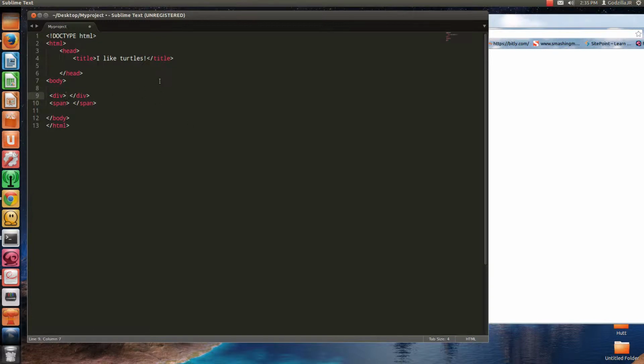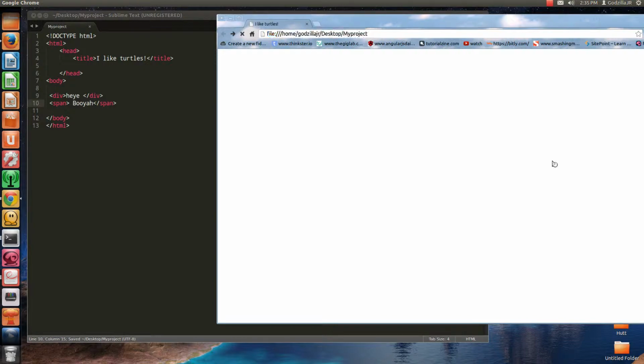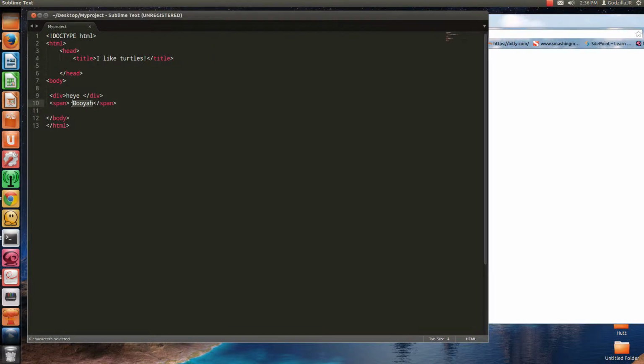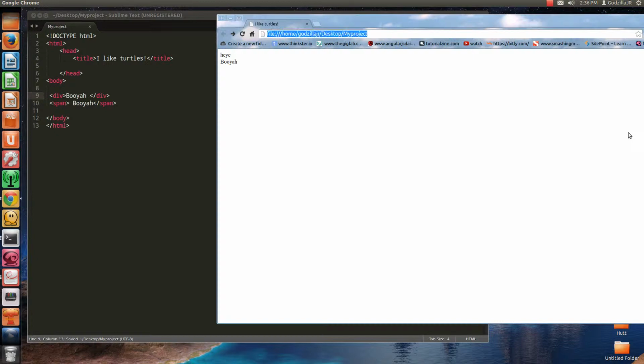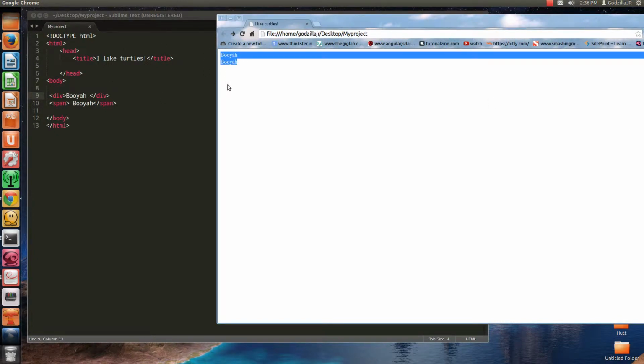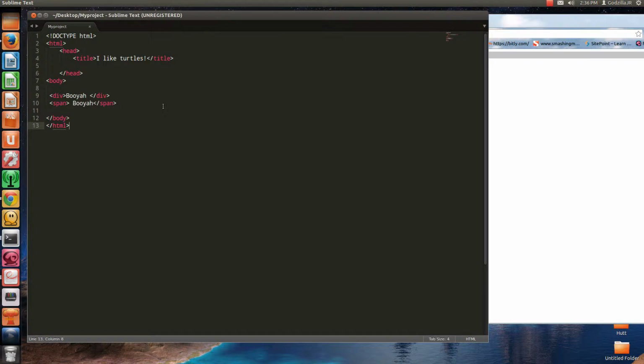We can enter text here, hey, let's enter booyah here, and you'll see that they do the same thing. They look identical. To really show the point, I'll just take that, save. And you can't really see a difference, right? Well, the difference is that